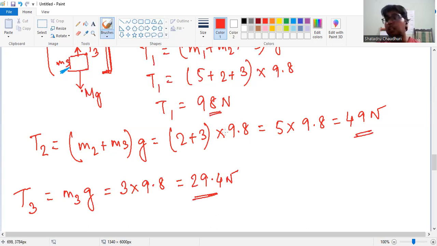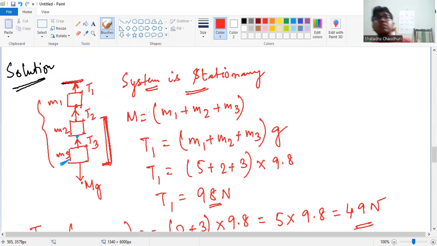So when the system is stationary, again I am saying that because the system was stationary, we got some extra facilities. Since the system is not moving, we are not bothering about the acceleration of the system. So by applying Newton's third law, that for every action there is an equal and opposite reaction, if the weight of the body is the action, then obviously T1, T2, or T3 are the corresponding reactions. So using Newton's third law of motion, we can calculate all the tension forces. But when we come to the second part,